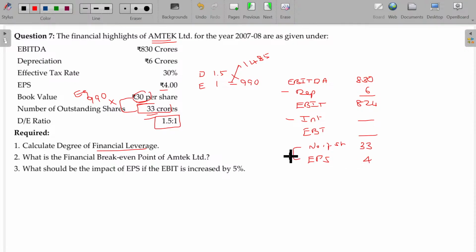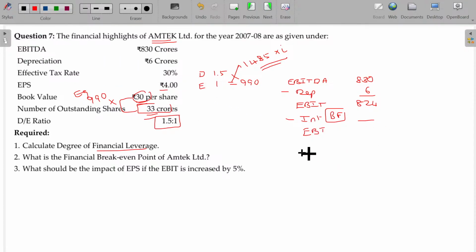Then if you multiply these two, you will get what? EBT 132. This will be the balancing figure. As the rate of interest is not given, if the rate of interest were given, then I could use that directly here. As that one is missing, I can calculate the interest as a missing data. Oh, this is EBT, no? Right. One second, one second. EBT.